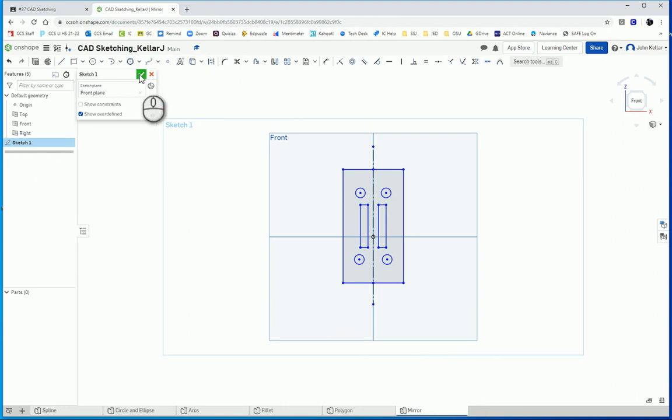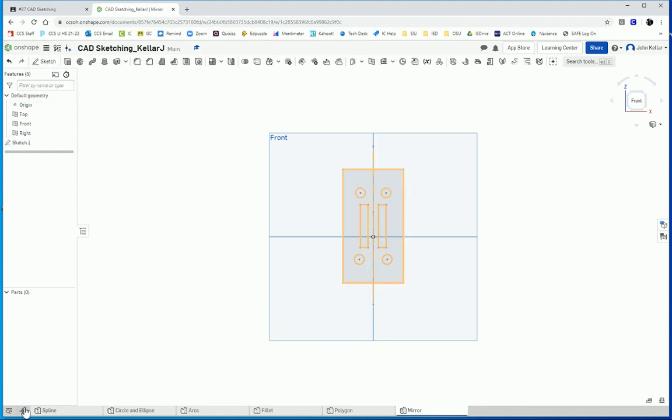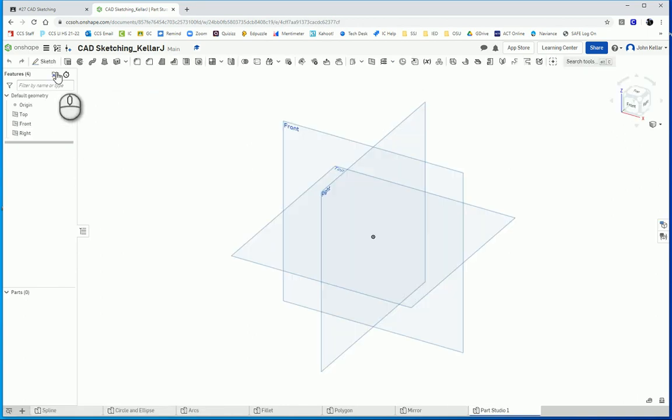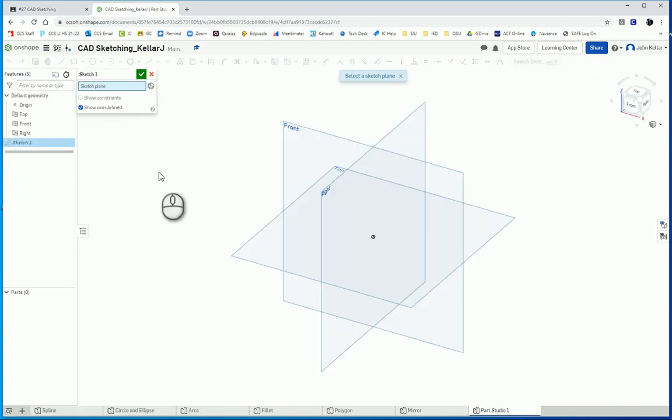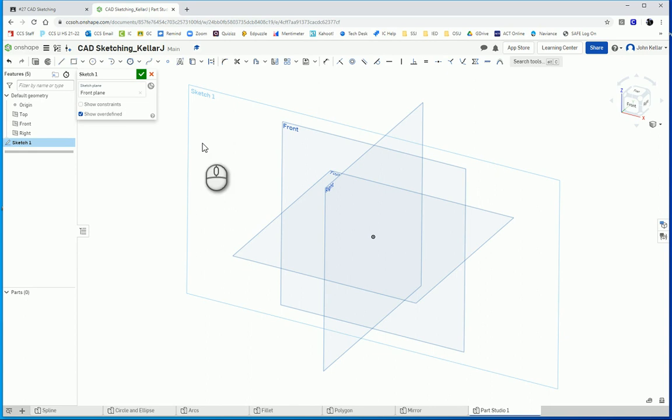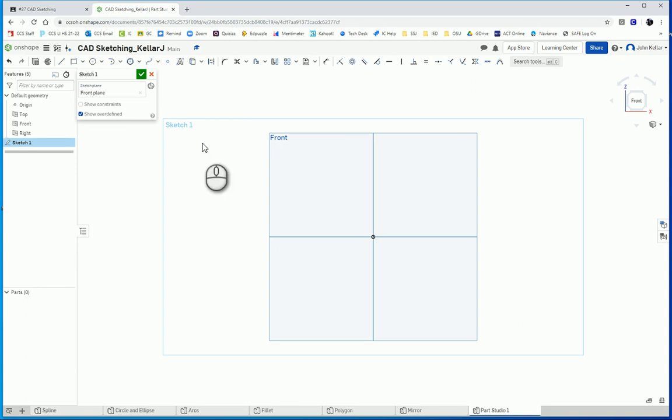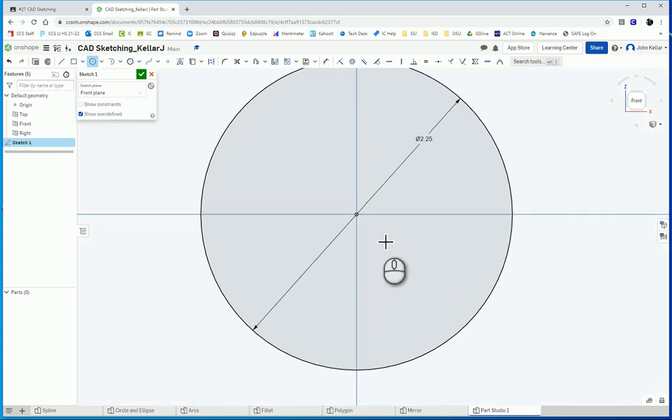Okay, check mark and new part studio. Okay, next one is a circular pattern. Okay, so we need to start with a circle, and it says make a circle that's 2.25 inches. So we're going to drag it out and then type in 2.25. Boom. And I can zoom in to make that a little bit larger to make my job a little bit